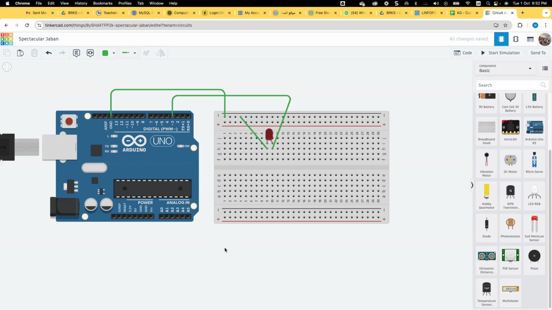Why not ask them to do research about this topic, and when you finish this introduction, you will move to Tinkercad to show them the different elements of the board and the sensors and how to program.